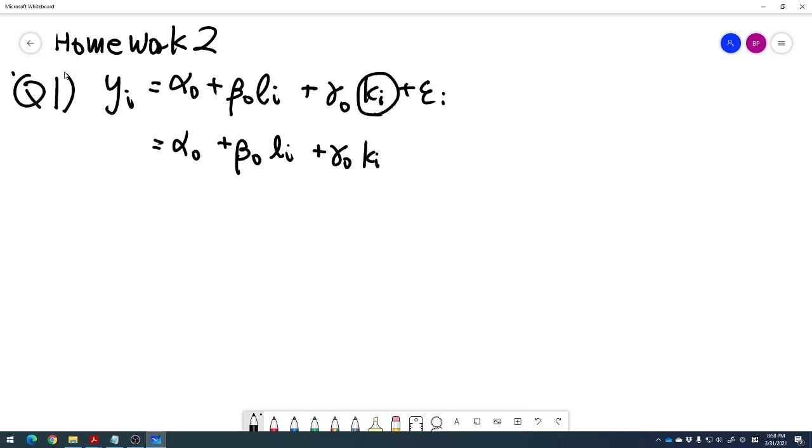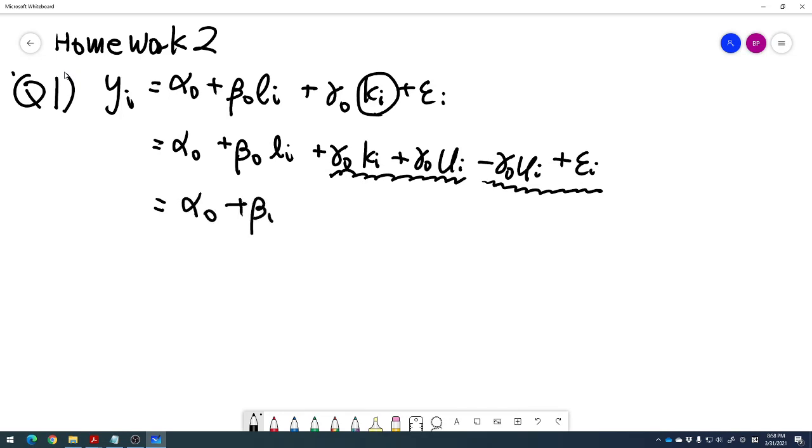Instead of observing K itself, we add and subtract Ui, and this much is the observed proxy variable for the capital, something measured from the accounting, and this much is together the unobserved error term. So we have Hi plus epsilon tilde i. Therefore, it is easy to show that